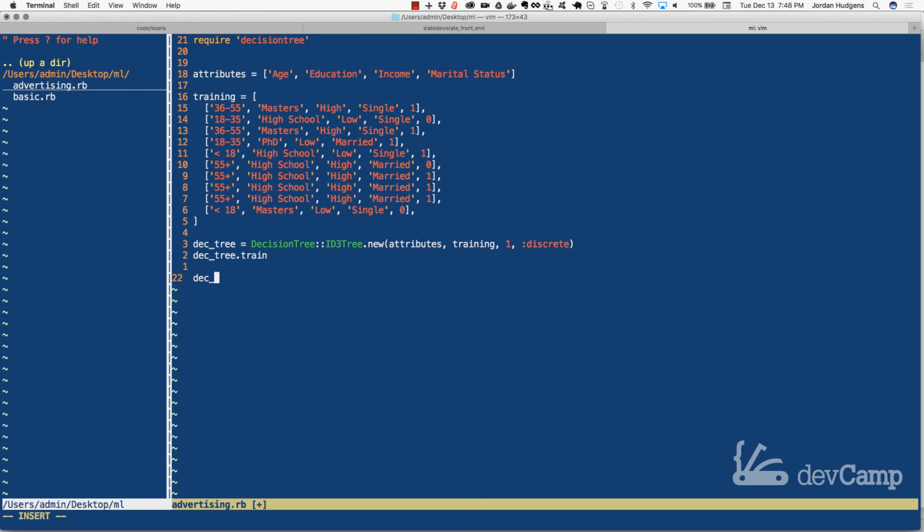So I need to pass our test data. Here I'm going to create an array of strings. I'm going to pass in 18 to 35. I'm going to say that this person is a PhD, high income, and they are married. And then from there, I'm going to say decision tree predict, pass in test. And now if I run this,